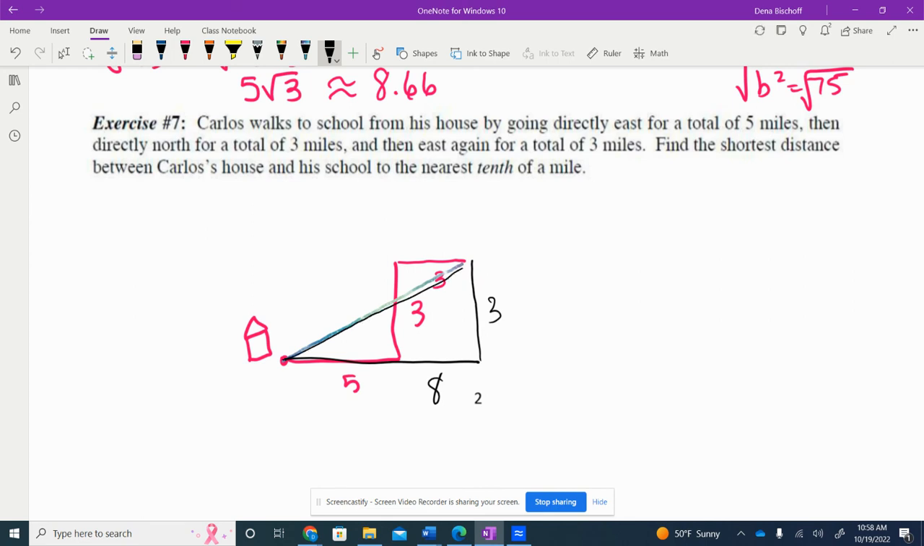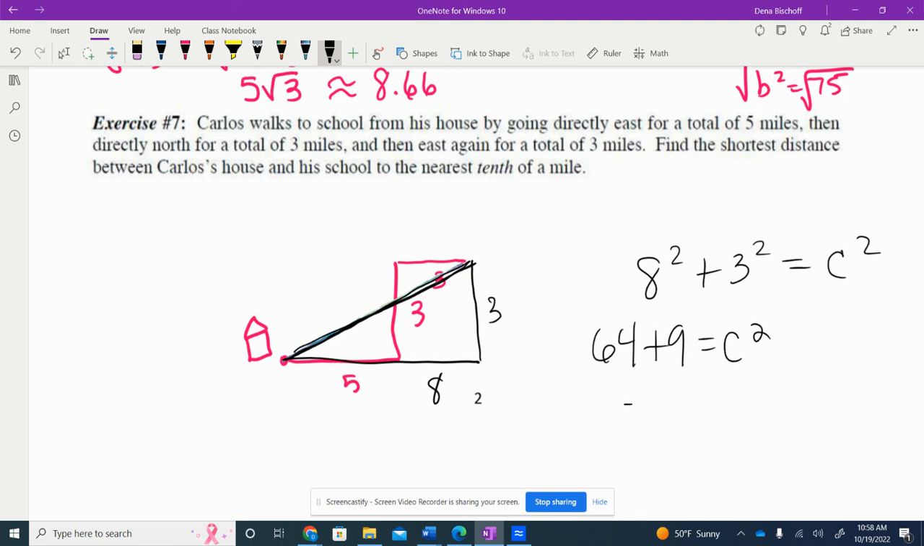So I want you to think of it like this, because my picture maybe didn't do it justice. So I have 8 squared plus 3 squared equals c squared. 64 plus 9 equals c squared. 64 plus 9 is 73 equals c squared. So if I take the square root of 73 to the nearest tenth of a mile, I find out that he could have only traveled about 8.5 miles